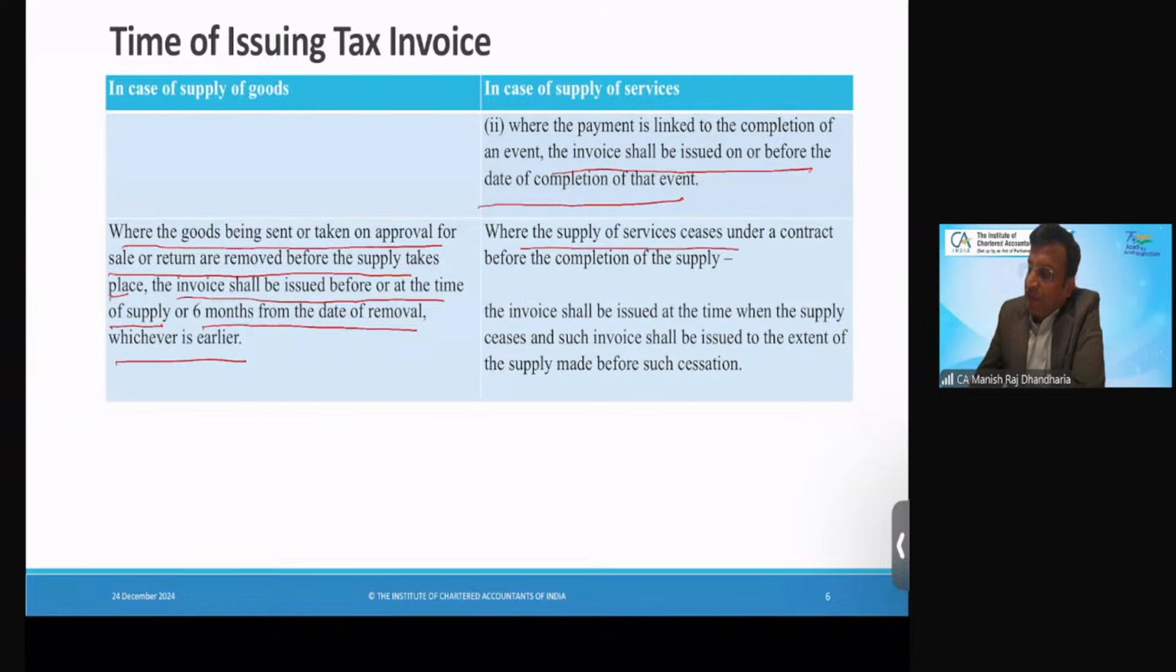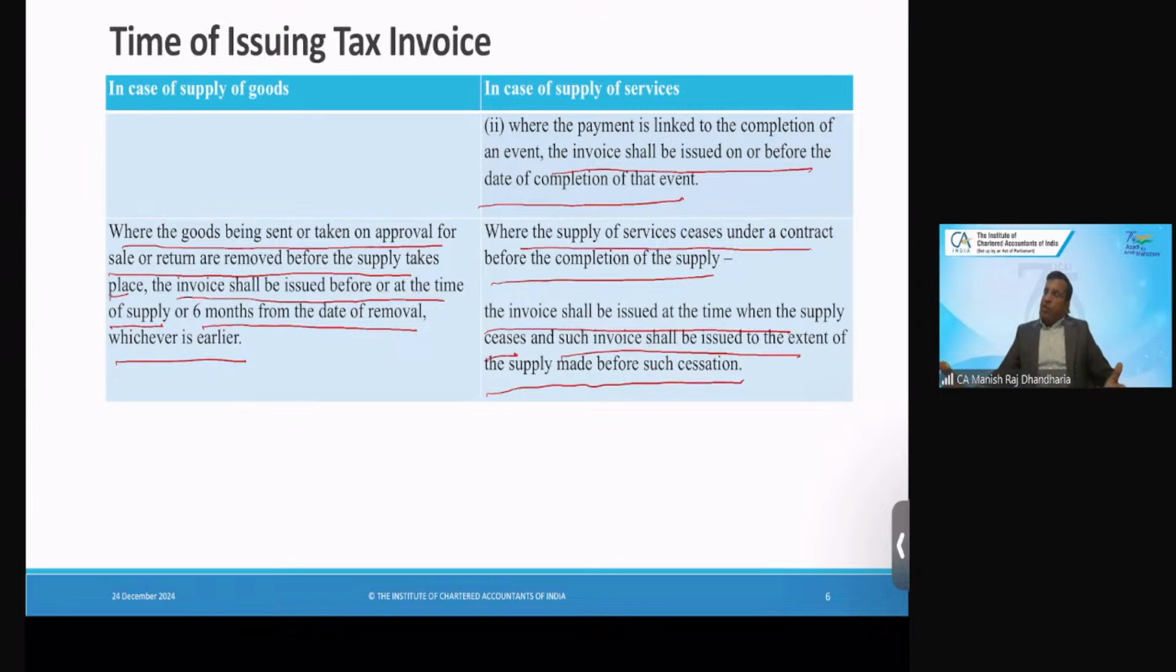Where supply of service ceases under a contract before completion of the supply, पूरा काम कंप्लीट नहीं हुआ, पहले सीज कर दिए। The invoice shall be issued at the time when supply ceases, and such invoice shall be issued to the extent of supply made before the cease. जितना सप्लाई हुआ, जो भी अमाउंट अग्री होगा, उसके बेसिस पे हम लोग इनवॉइस बनाते हैं। I hope this point is clear. एक बार रीड कर लीजिए।